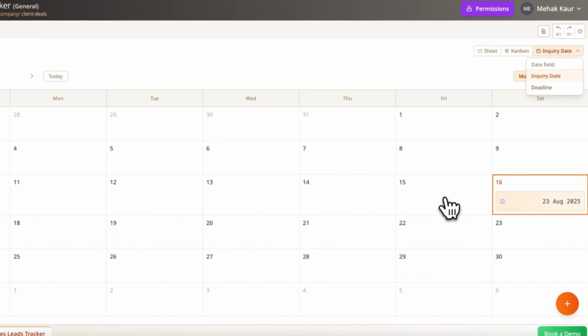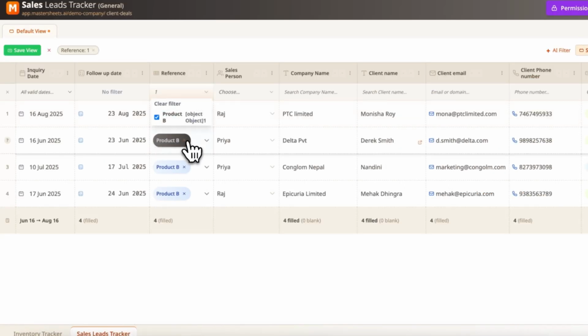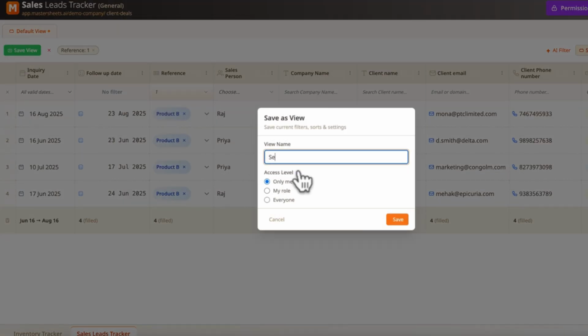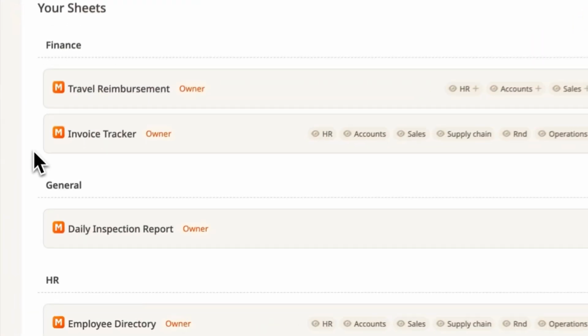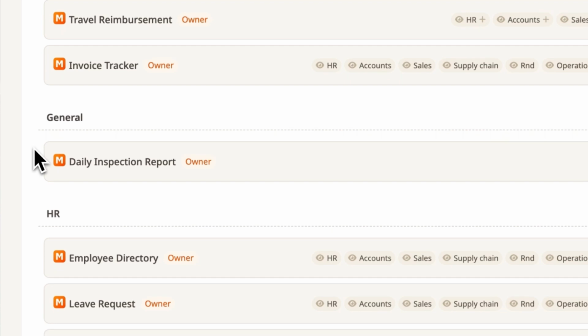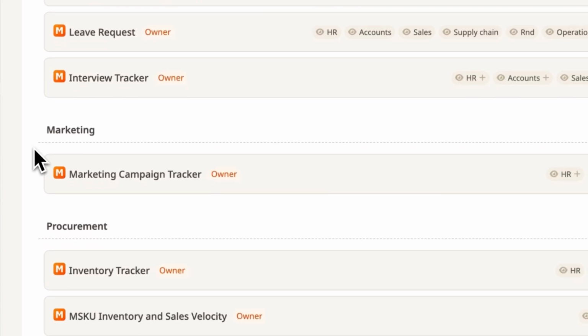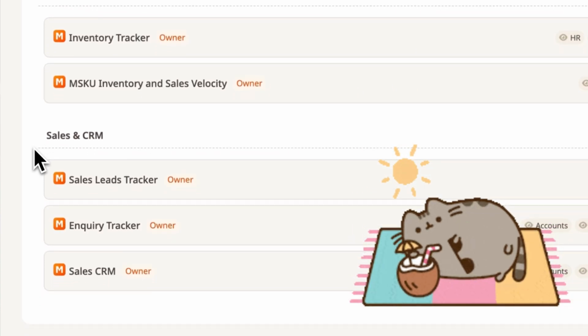And if you'd like to see this again and again, just save this view. One click brings you back. Everything still works like a spreadsheet: keyboard, arrows, fast editing. So your team doesn't need to be trained for weeks. All in all, we've made it easy. So you can focus on what you do best and sit on a beach, sip a cocktail while you run your team.